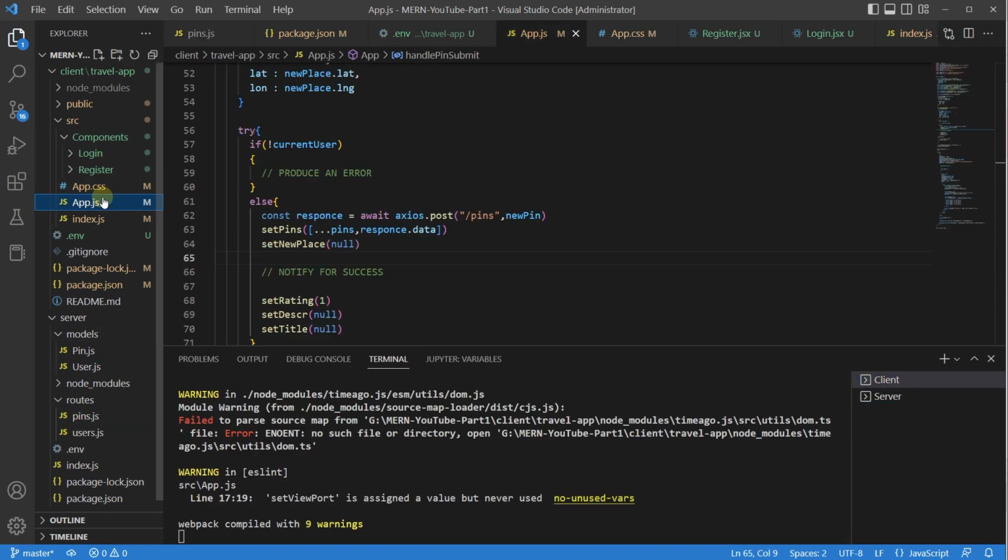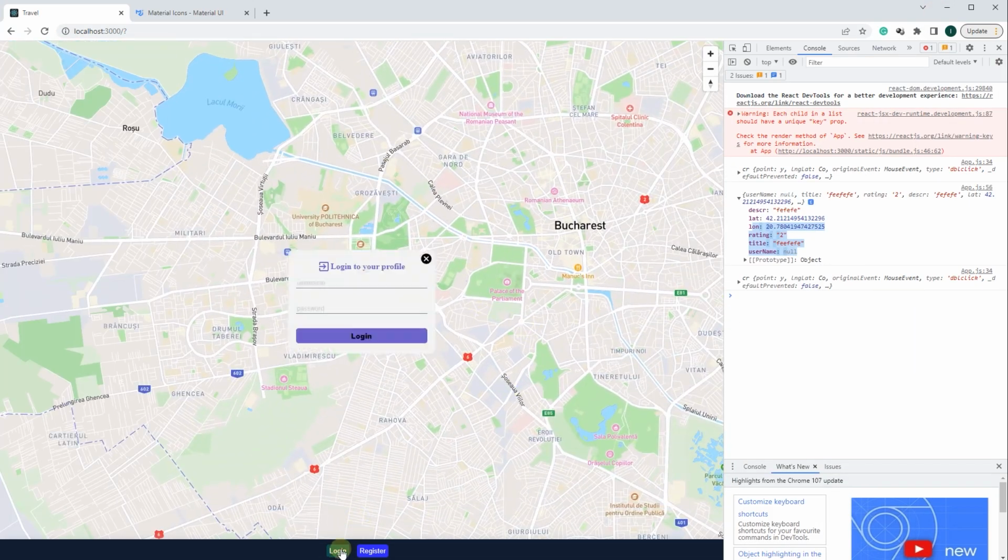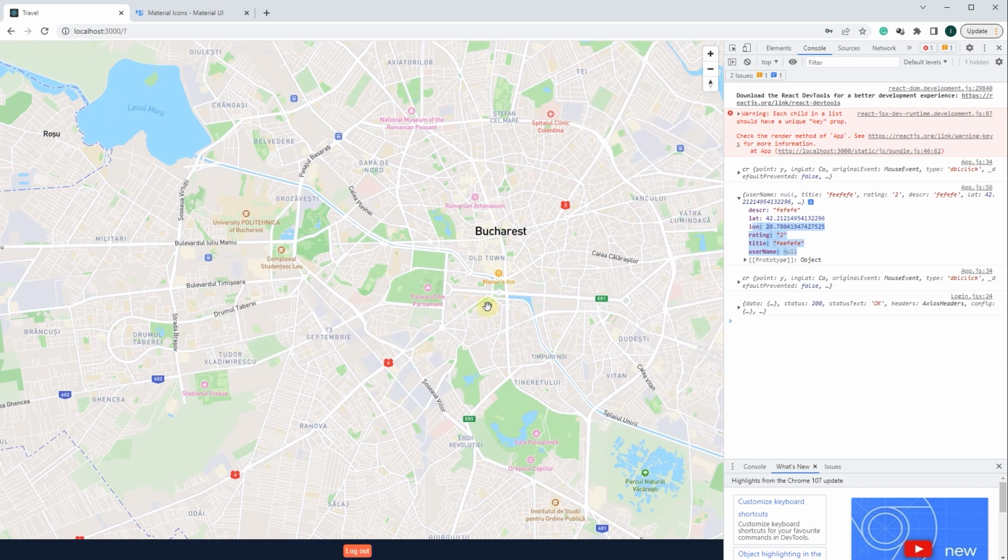Okay, let's fix the problem. So I'm going to first... Oh, I don't have... Do I have a user? Yeah, I do not have a user. All right. Let's go to login first with the lead engineer, and then I'm gonna add my password, login, and